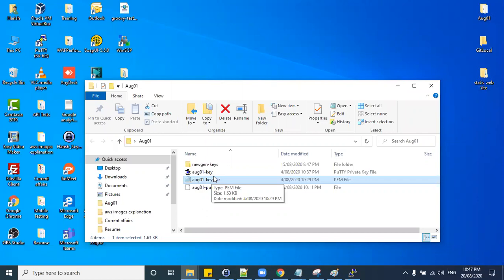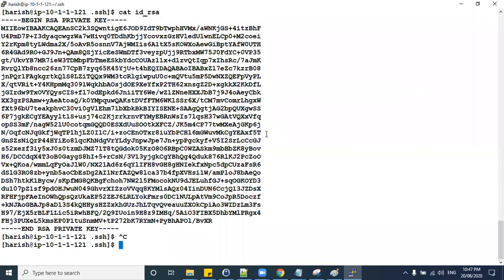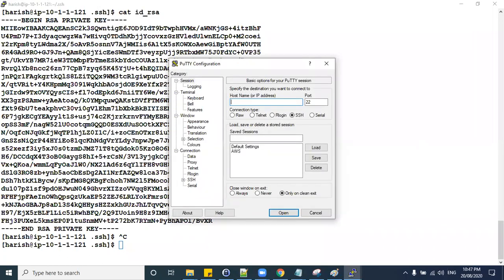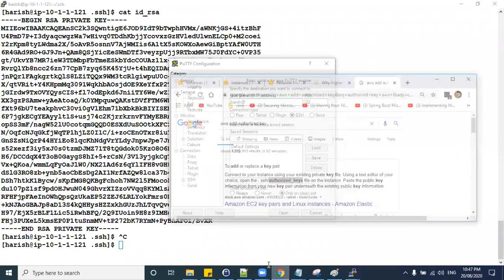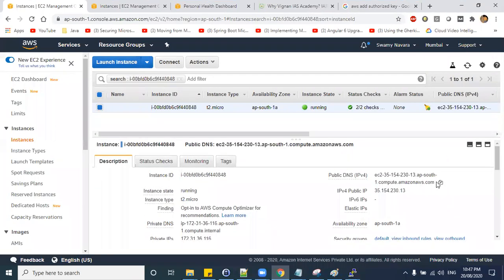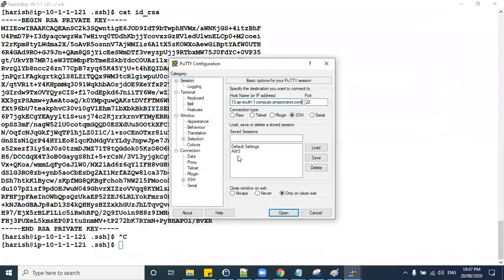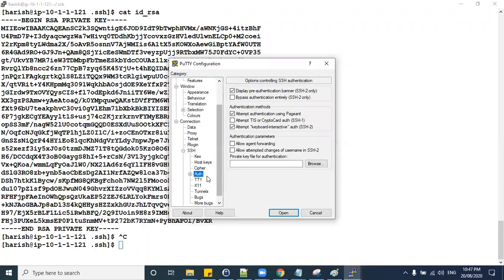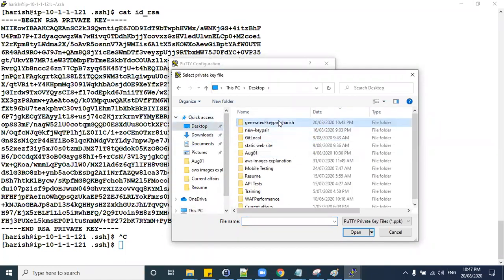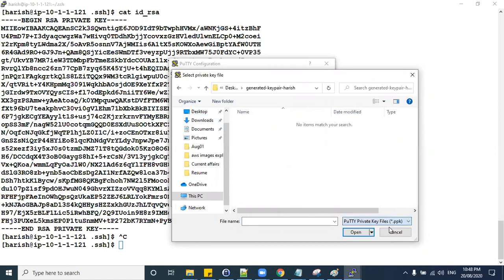Definitely, Harish, for the users you are creating, you are supposed to have super user access, right? Yeah. Okay, now let us create a new session here and try to log in as Harish. What is the authentication key we need to provide here? The private key which is generated for Harish, right? So the generated key pair for Harish. So this is